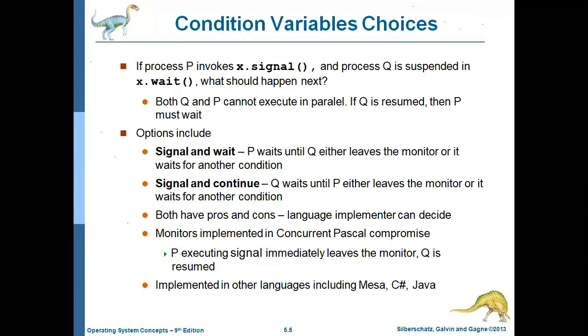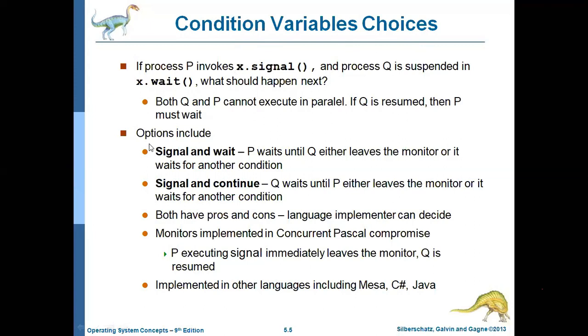Yes, ma'am. So when process P and process Q hold the wait and signal operations on one conditional variable, that is X, a process Q is accessed by the X dot wait. So here Q and P cannot execute in parallel. Why? Because they do not execute in parallel. They do not execute because Q is resumed, that is, Q is invoking the wait operation. Until then, P must and should wait.